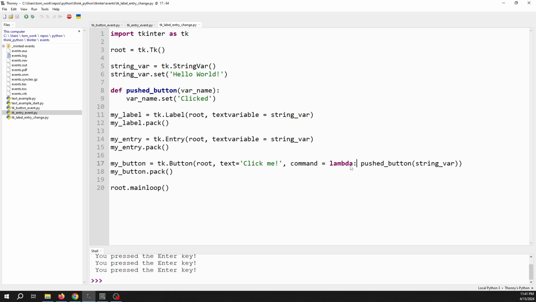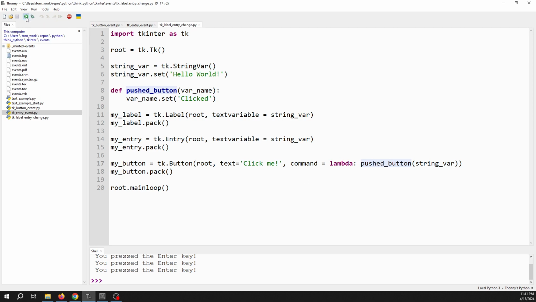Lambda basically sets up an anonymous function. It's a function that has no name. It's not defined in the normal way that you would define like here. And the reason why I want to do this is that anytime you want to use command and you want to pass a value to the function that you're calling, you're going to have to set it up in this way, right? If I just try to do this,